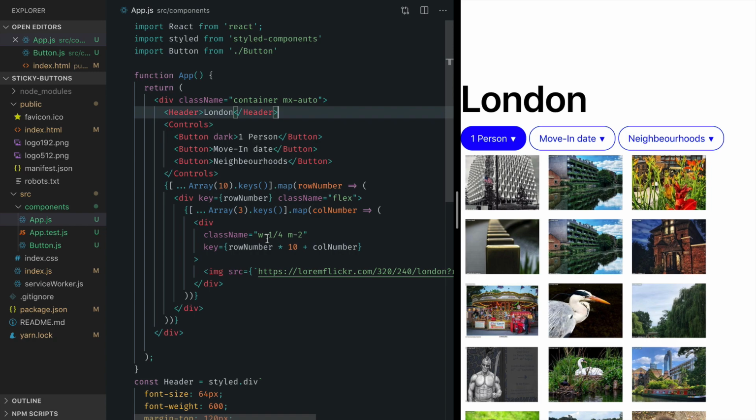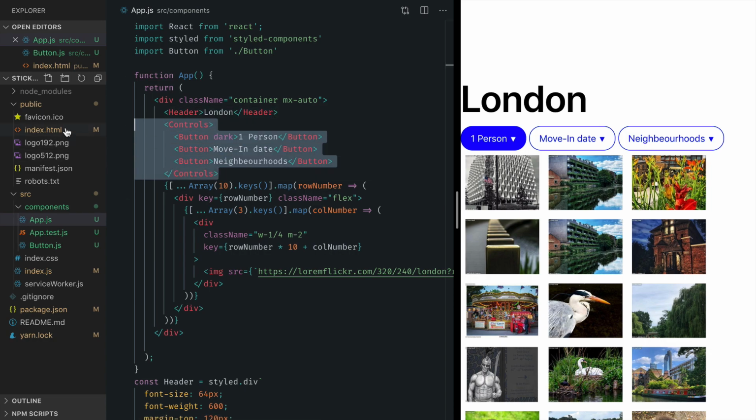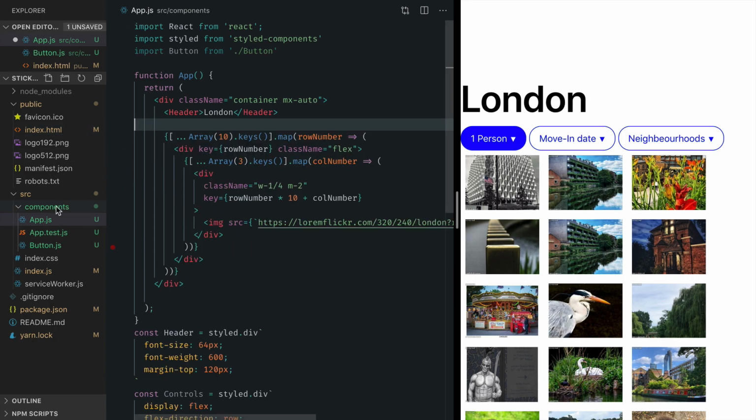When I implement React components, I want to read their code like a story with a clear top-down narrative, no subplots. Each component part should be on the same level of abstraction. With React, we can very easily improve that. First, by moving controls to their own component. I cut this code and create a controls file,